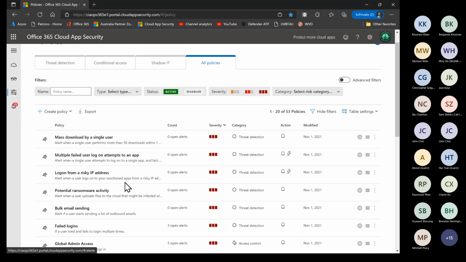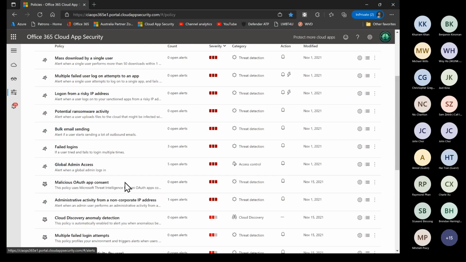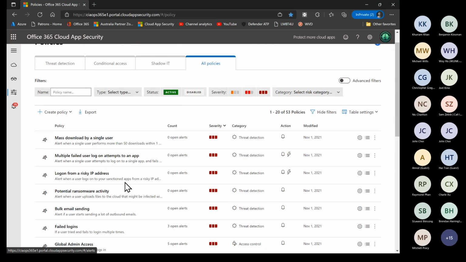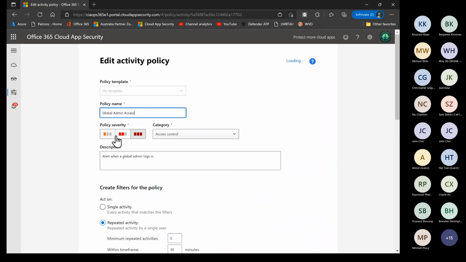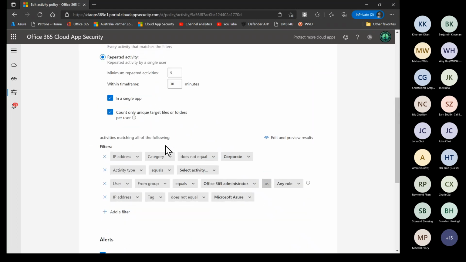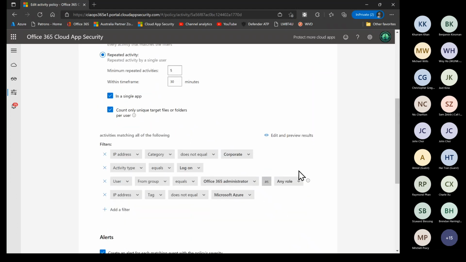So these are the policies that I have created. You can use the standard templated ones, like mass download by a single user, or you can, for example, create your own. So this is an example of a custom one that I've created that tells me whenever a global admin logs in from a non-corporate IP address. So if I have a login from outside my office, it's going to tell me, and that's a good thing,